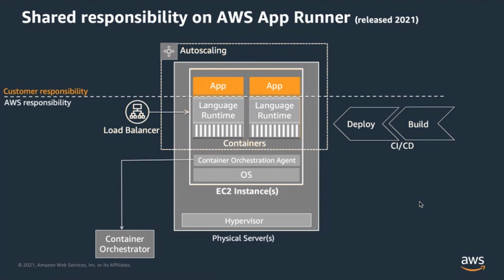And this also makes a really interesting angle in the billing and pricing, is that you just pay for these applications, and you pay for these applications when they're processing requests. So given that there's a huge shift in the shared responsibility model, and there's a lot lesser surface area you have to manage with AWS App Runner when you're running web applications, let's take a look at some of the